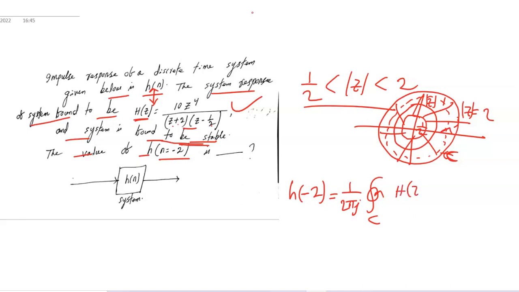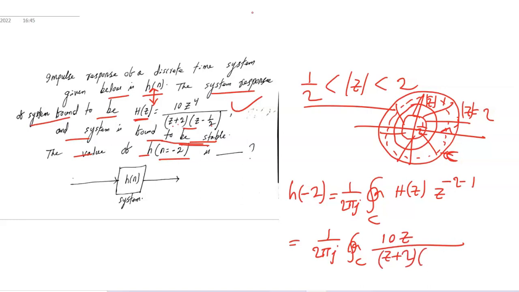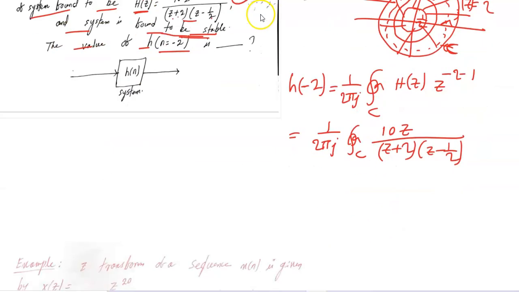H of z times z to the power minus 2 minus 1. So we have 1 upon 2 pi j contour, h of z equal to 10 z to the power 4, here is the z to the power minus 3. So 10 z upon z plus 2 into z minus half. Inside the contour, the only pole is z equal to half, so this is simply